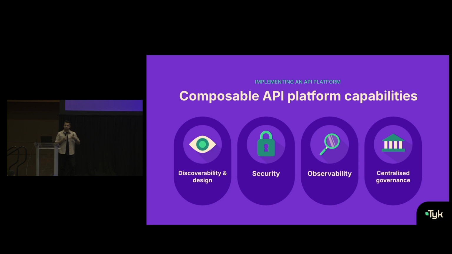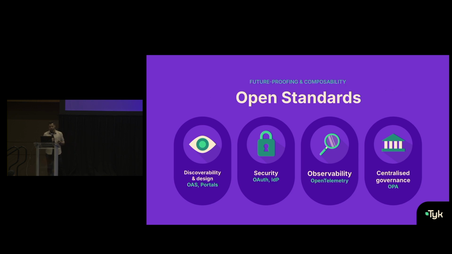Do you have a centralized governance mechanism that makes sure that these distributed teams are adhering to and being enforced to actually create products that are not out of the extraordinary, essentially. They are essentially building things that adhere to certain standards, but at the same time have the freedom to innovate as they go along too. Now that further correlates to certain open standards, which is hopefully what we're going to be showing today, where when we talk about discoverability and design, one name that comes up, OpenAPI Specification, something that's definitely worth considering as a blueprint of your entire surface area of your APIs.